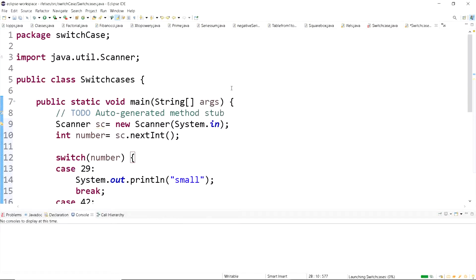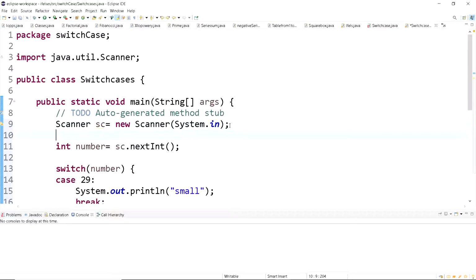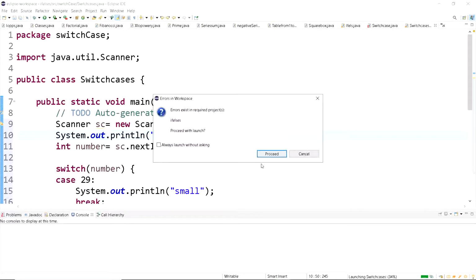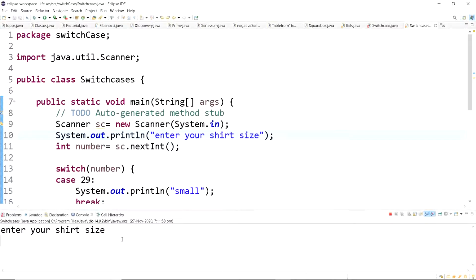No, before we execute this, I forgot to mention: enter your shirt size. So yeah, let's execute this program. It's asking enter your shirt size. If I look at my shirt, it is 42, and it is showing medium. Yes.